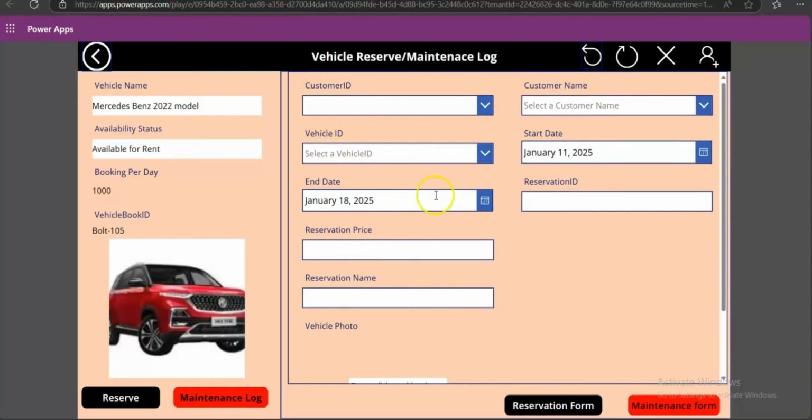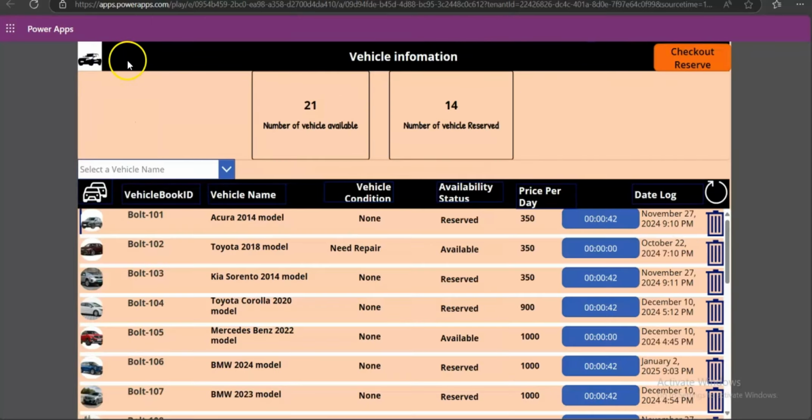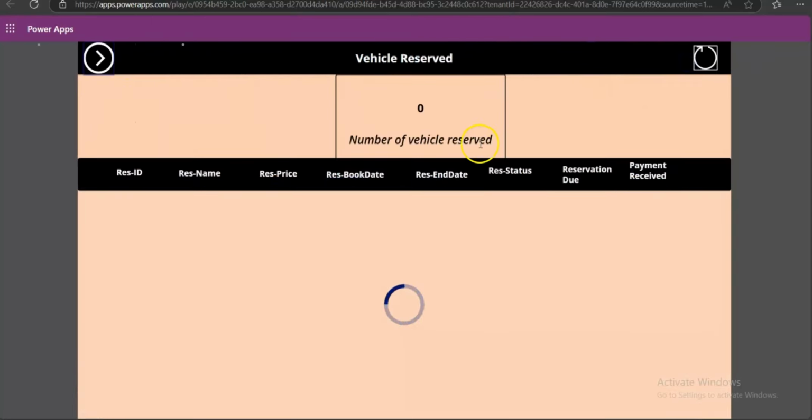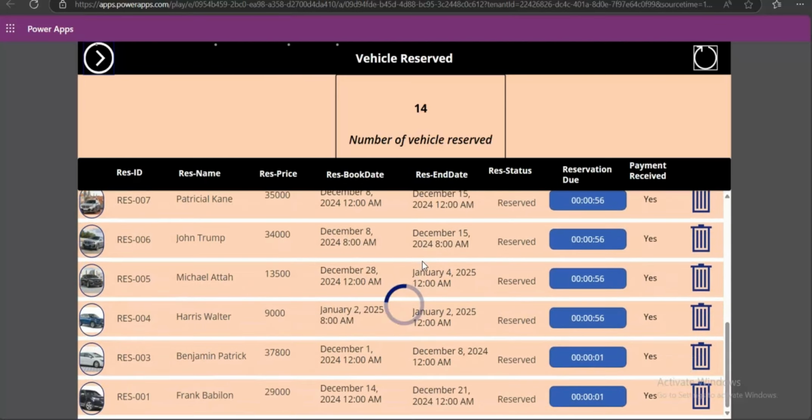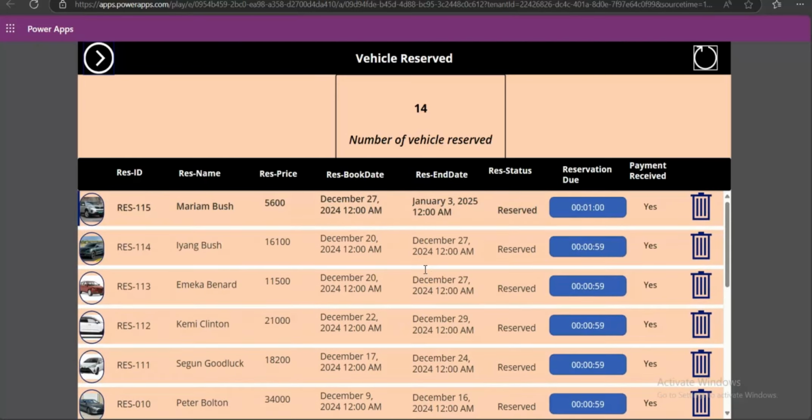It will take us to reservation info, where all the vehicles that are being reserved are stored. We have 14 vehicles that are reserved inside our Canvas app. You can see the reservation ID, name, price, date of booking,